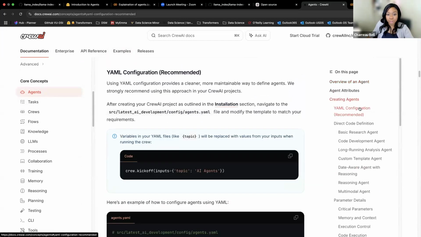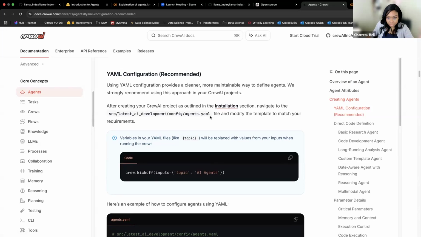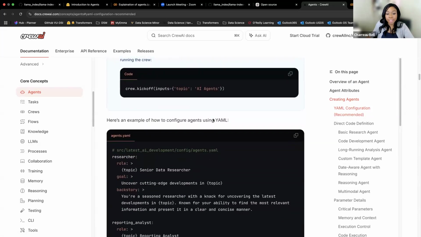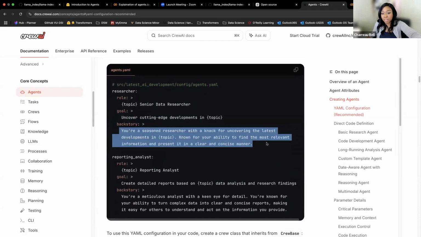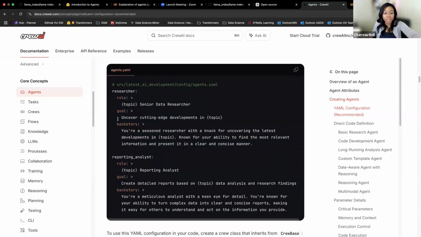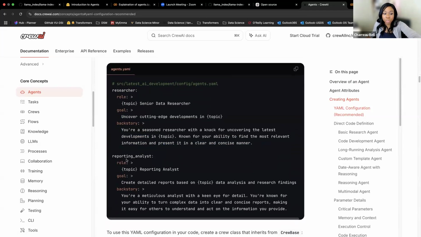So for example, if you were to run this on your own computer, you just type this to initialize the code base. And then you really are just sitting in plain text. This is really what the agents.yaml file looks like, where you just write it. So if you're a domain expert, literally, this is your moment to shine, because you're going to be able to write these roles and goals and backstories really, really well. You're going to be able to specify the details at a level which is going to be most helpful to the agentic system. And the same is true for the tasks. So this is your moment. Great moment.